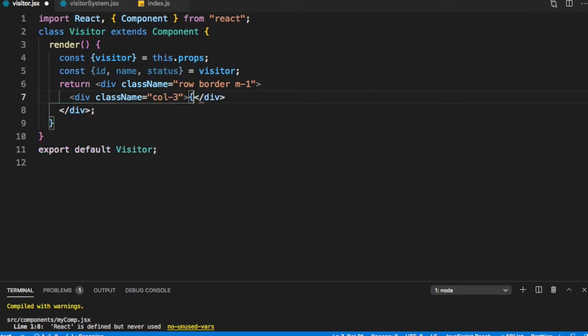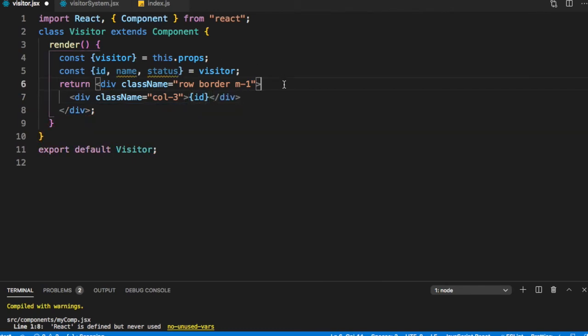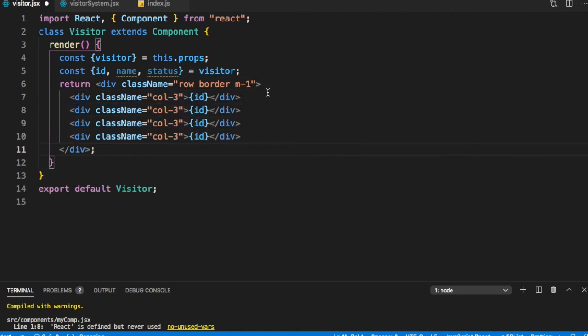And what do we want to display? ID. Let me copy this. Next, we want to show the name. Next, we want to show the status. And then we want to show the button.